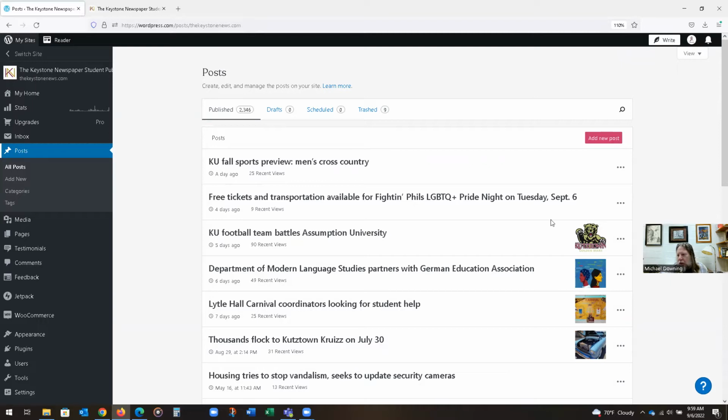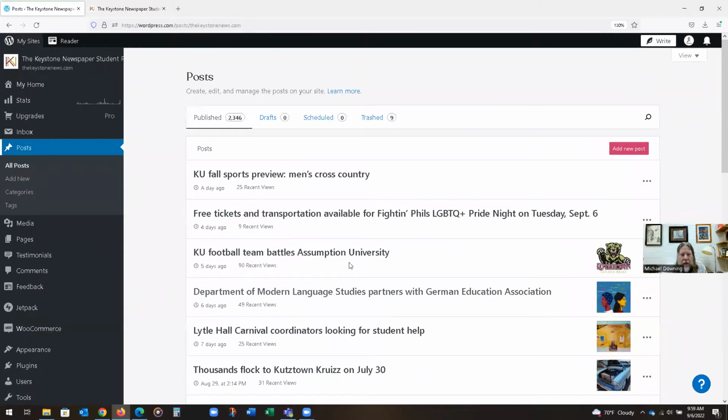So one of the things you'll see here is we talk about consistency. And for years, the Keystone newspaper, from editors 10 years ago who made the choice, has gone in down style. And what down style means is that all of the words in a headline or subhead are in lowercase except the important words. So KU, fall sports preview, men's cross country, all lowercase. Up style would be all caps. So the difference between that, quickly,